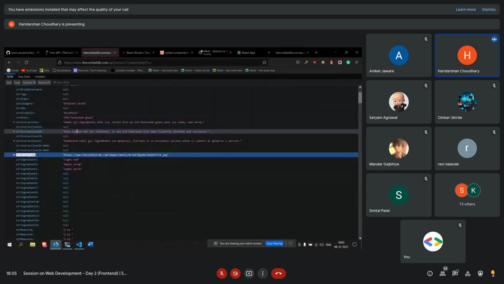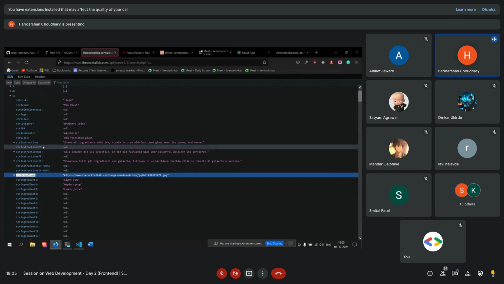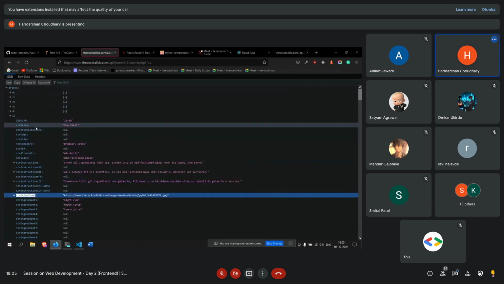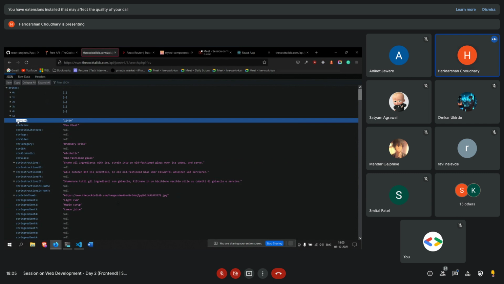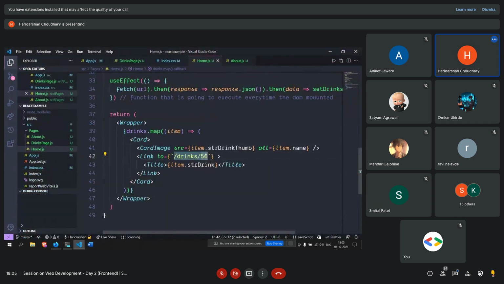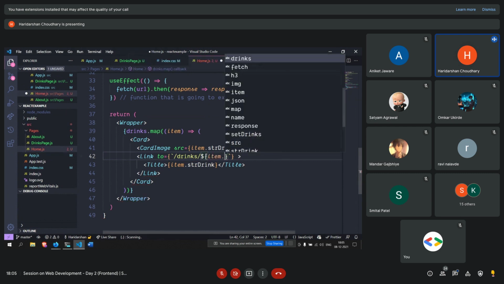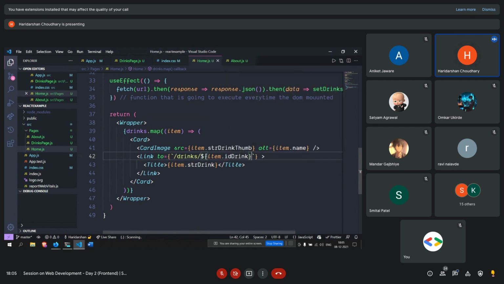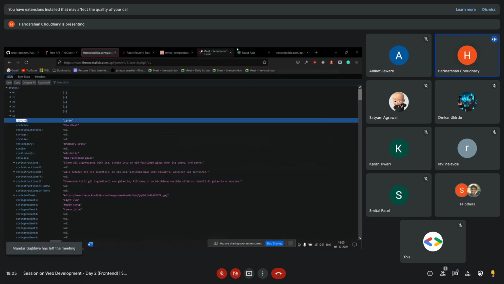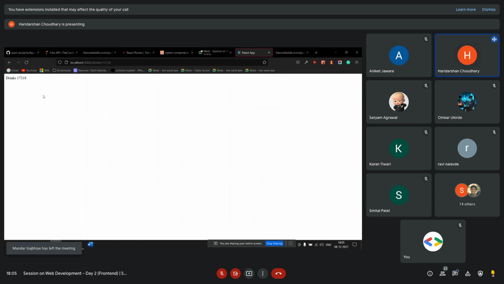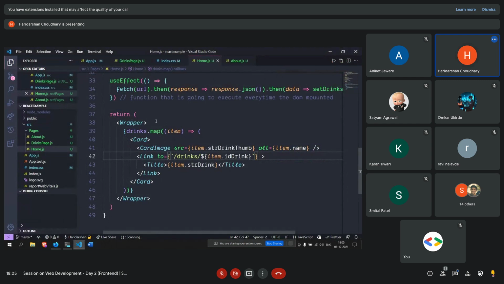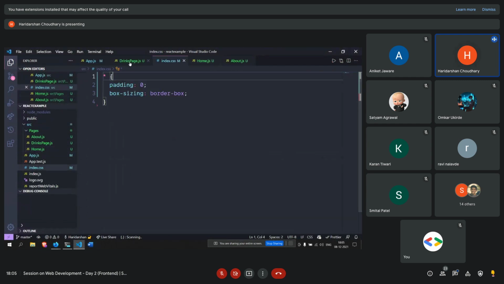So let's just check what is the name of that property. Okay, so this is ID drink. So what I'll do is redirect it to item dot the ID drink. Now if I go back to the app and click on it, this 17218 is actually the ID of the drink. So this is the first part that we have completed, and let's move on to the next part, which is